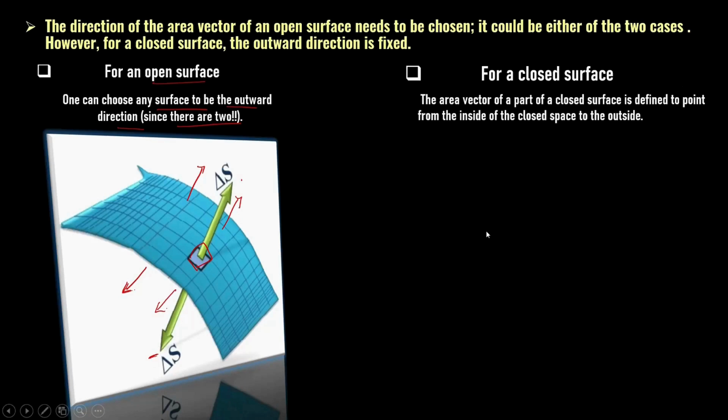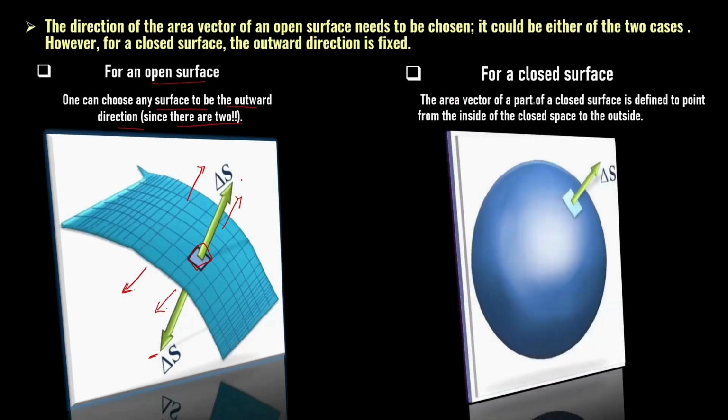Now for a closed surface, the area vector of a part of a closed surface is defined to point from inside the closed space to the outside. Here we are restricted to choose this particular direction, that is, the area vector will always be pointing from inside to the outside surface. So this is the small area element we have chosen, because the entire surface cannot be represented by a single area vector.